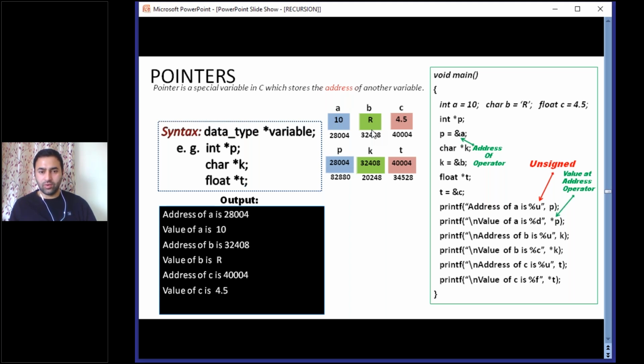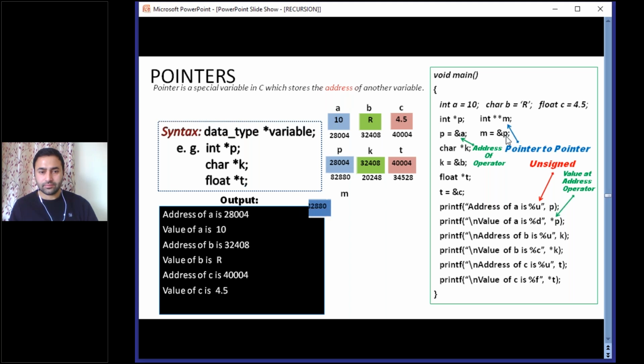Okay, now we are going to declare another pointer M here. See, this is declared here: int double asterisk sign and then M. This is known as pointer to a pointer. So what is pointer to a pointer? It means M is a pointer which will store the address of another pointer. It cannot store the address of an ordinary variable. It will store the address of a pointer. So in this case, we are going to store the address of P here. So M is equal to &P.